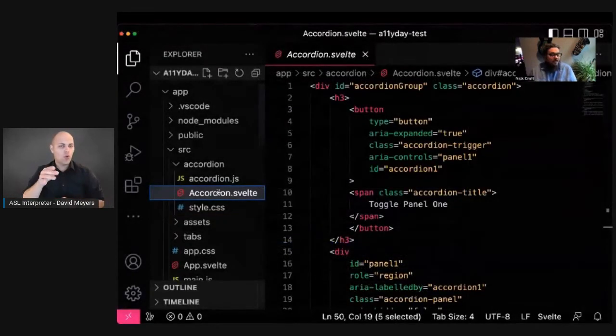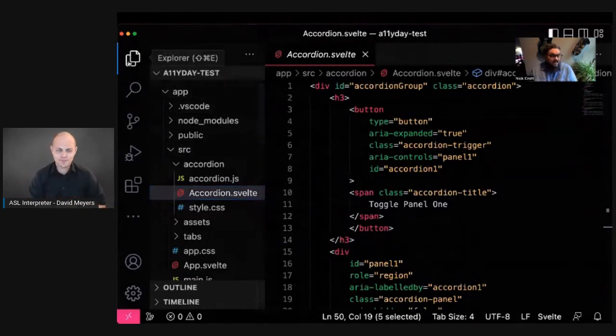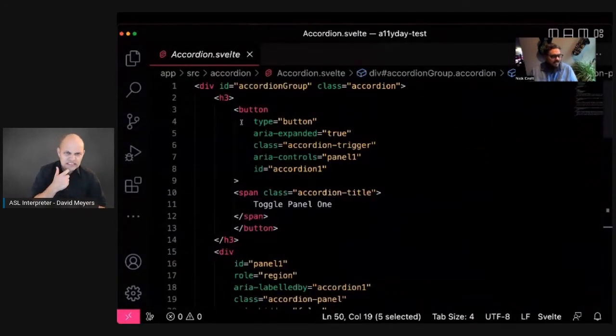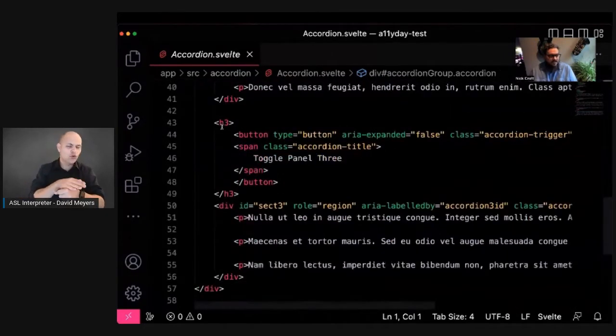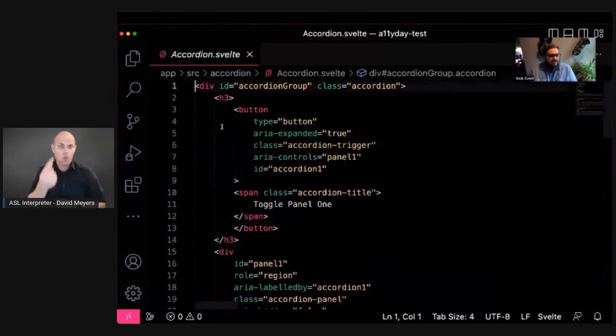Now you may be worried because it says Svelte here, but I assure you the reason I picked this is so that we can focus on pure HTML. In fact, there is only HTML happening inside of this particular file. In the other files that we'll look at is only vanilla JavaScript and only simple CSS.